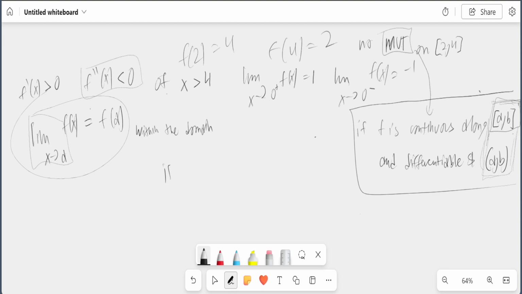Let me write it out fully. If f is continuous along the closed interval a, b and differentiable along a, b with open brackets,